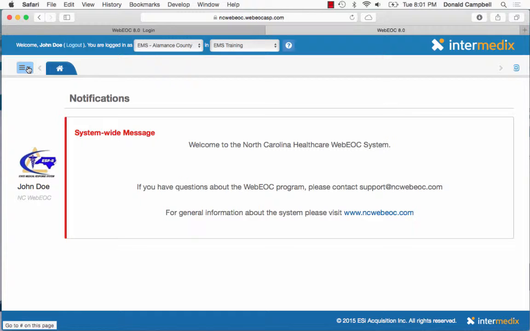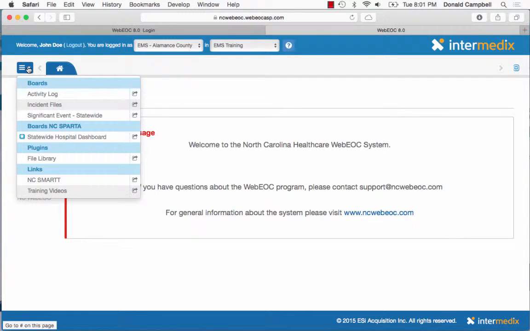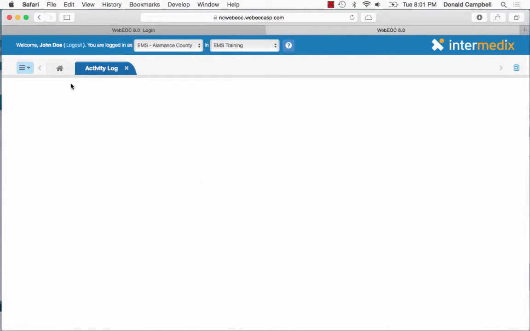The blue button in the top left-hand corner is what we call your control panel. Control panel is how you access the different boards in WebEOC. From here we have 3 boards named Activity Log, Incident Files, and Significant Events. To activate and enter into these boards, you simply click the name of the board, and notice it opens the